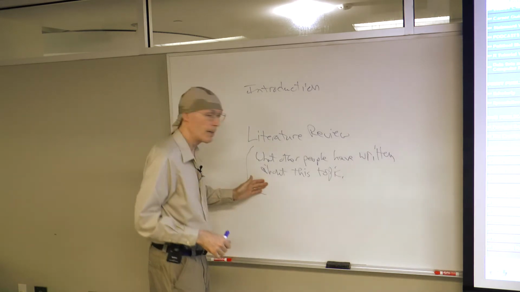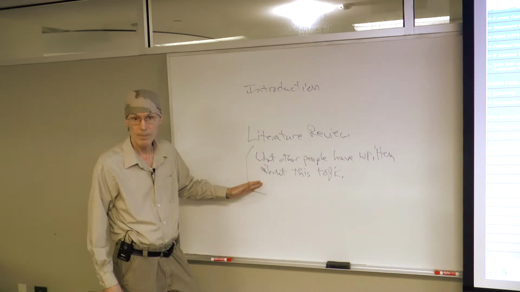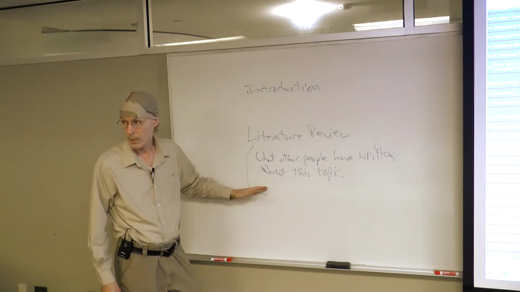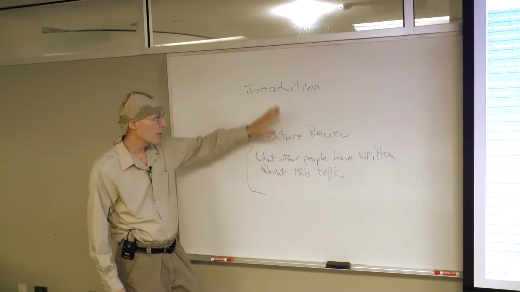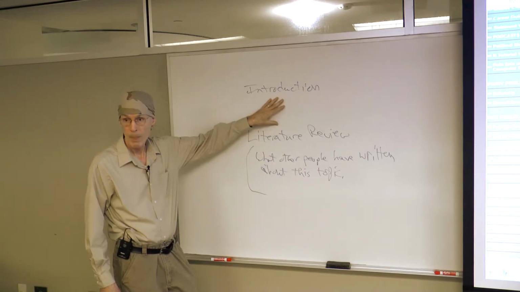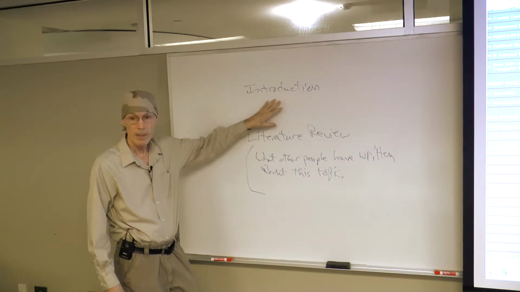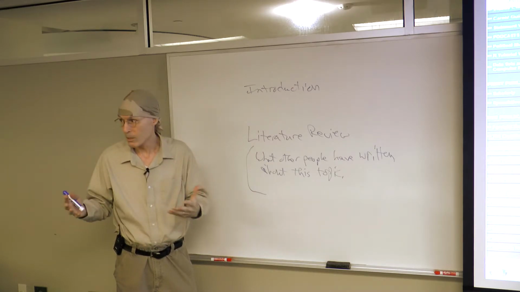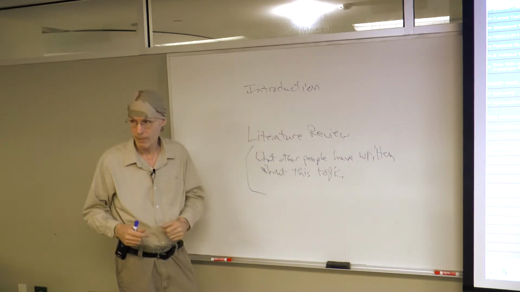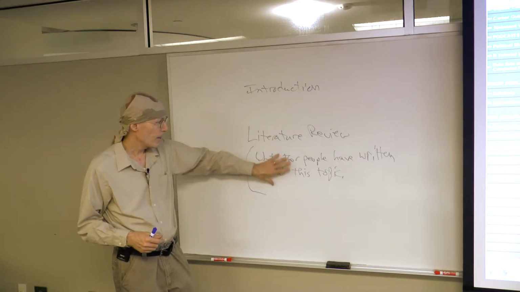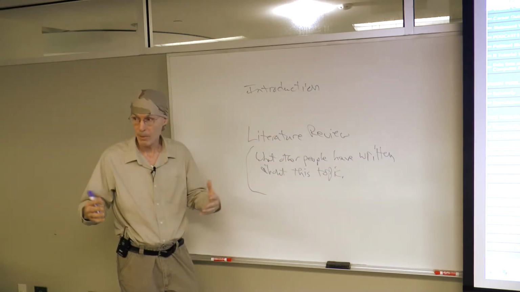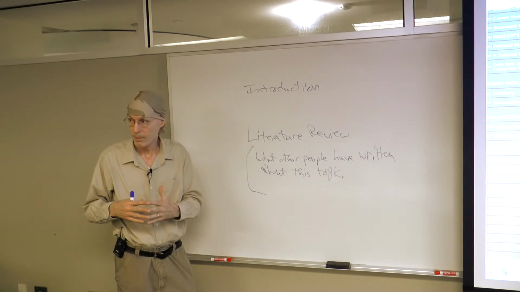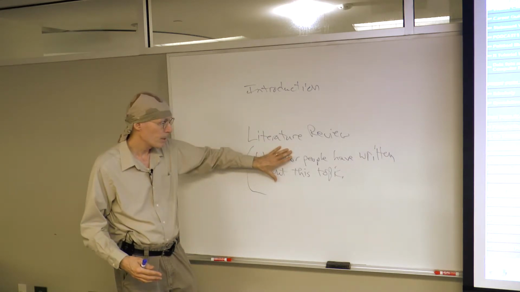Now in your final paper, this can actually be like 4 pages long. You're talking about what other people have done. So this is where you use your citations. Now some citations are going to actually occur in the introduction. So in the introduction you want to mention the biggies, like 2 or 3 people that might have raised some really interesting aspects about this question. Here you're talking about more people that have written about the topic, but maybe not so centrally focused. They're sort of expanding out. This is where your literature goes.